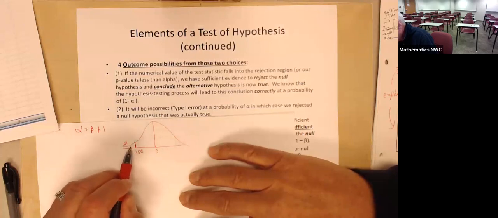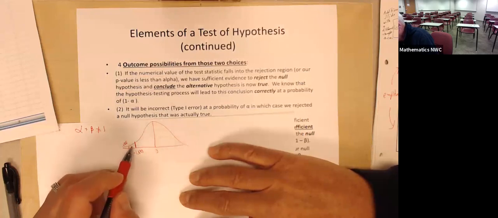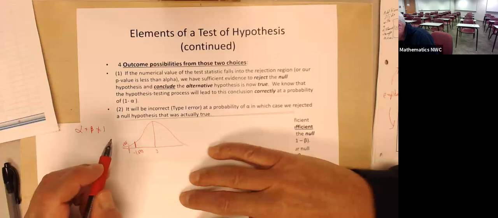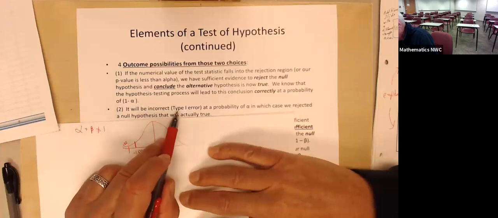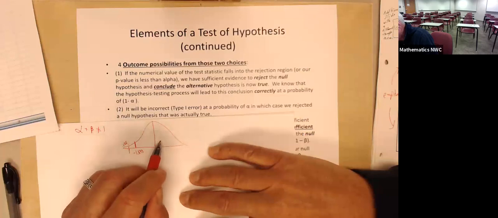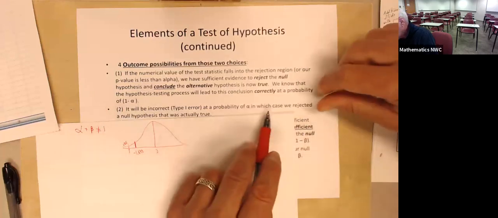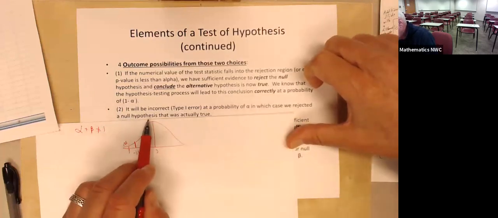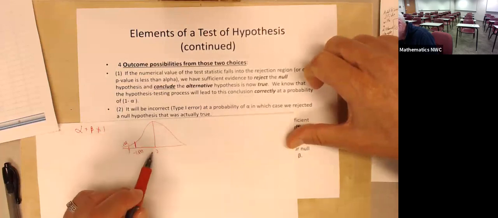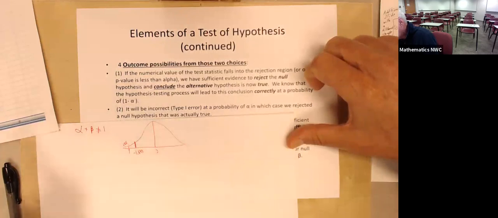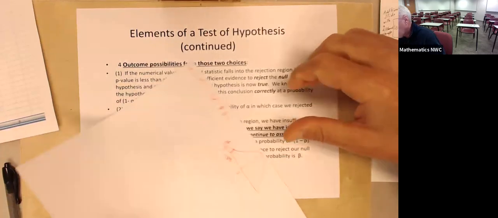If our one weird sample was over here, we would say, hey, I went over the line, I reject the 3, and I now conclude that it's less than 3. That would have been a type 1 error if 3 was actually true. This would be a case where we rejected the null that was actually true. 3 was actually the correct answer, and I rejected it. That would be a type 1 error. Okay?